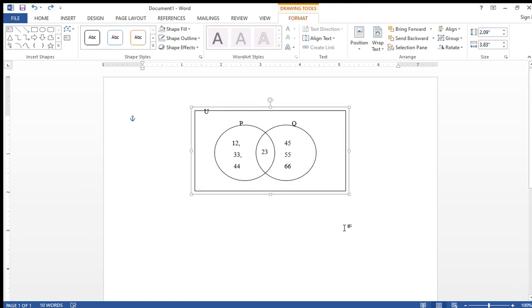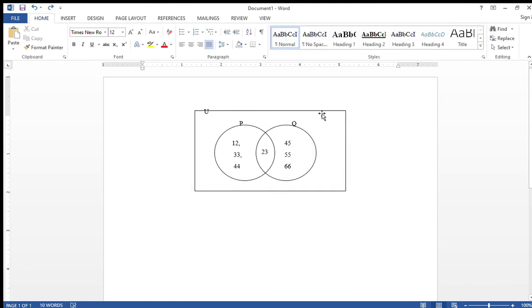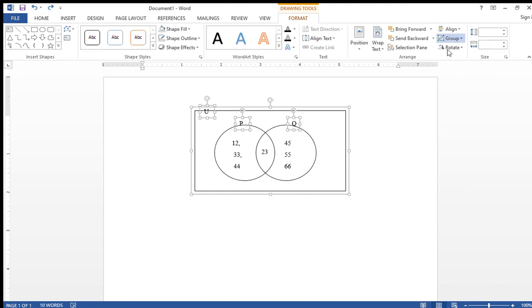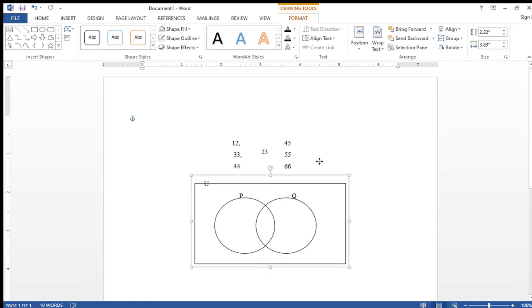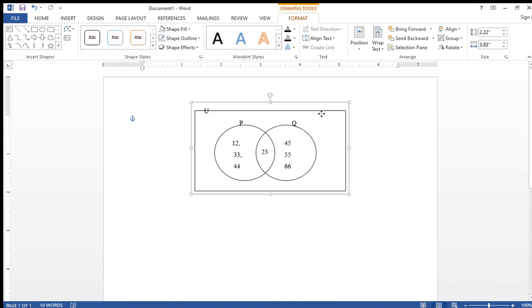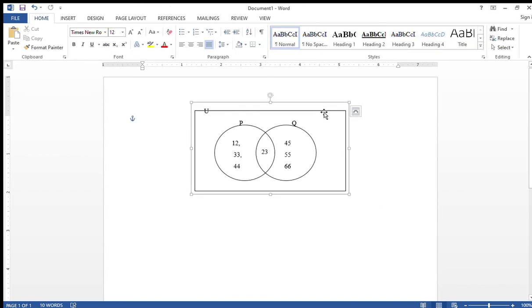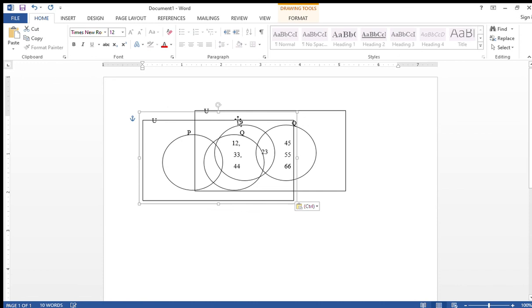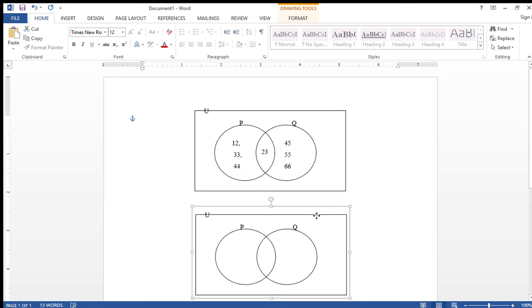So I can just have my Venn diagram like that. If I want, I can also add the labels into the group. Go to Format and Group. Remember, I'm holding shift all the time, so now I can move it like this, as one group. I can press copy. I can just click on the rectangle, selecting everything that I grouped, press copy, then paste, and I have a new Venn diagram